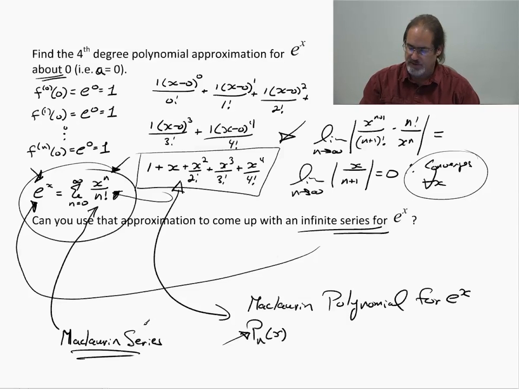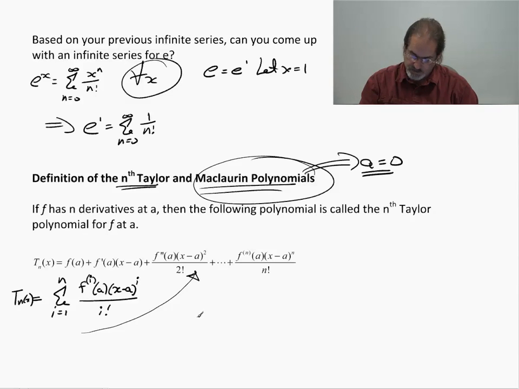A Taylor series will be expanded about a, and a Maclaurin series is expanded about 0. So the Maclaurin polynomial, which I'm going to write as Pn of x, the nth Maclaurin polynomial, will be